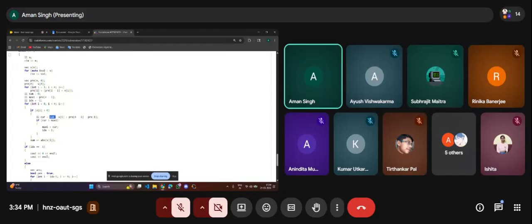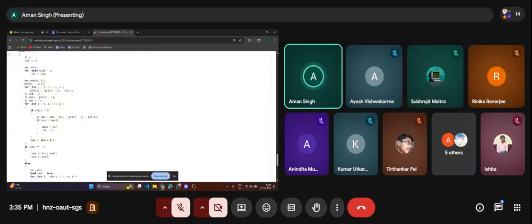So if v of I is greater than 0, then this is what we can make if we suppose this is the last index at which we are using the operation. As our sum has stored the absolute sum from 0 to I minus 1th element, we can count this in our answer, and as our current element is positive, it will become negative. So this is the sum minus v of I, and the elements lying on the right-hand side of the current index will be as they are.